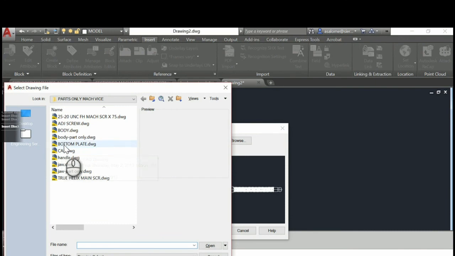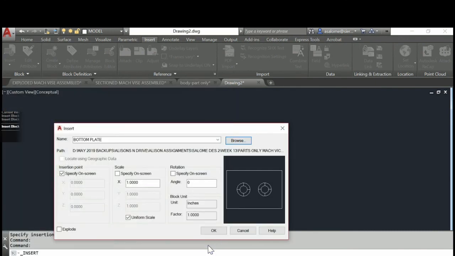This time we're going to grab the bottom plate again, but we're going to play with the scale here. So our scale isn't 1 to 1 if that's a millimeters part and we're in an inches drawing. Our scale is 1 over 25.4. So here's the thing, I can't type in 1 over 25.4. I can, but it won't accept it because AutoCAD won't accept a decimal in the denominator of a fraction. So instead of putting it in as 1 over 25.4, I'm going to put it in as 10 over 254.